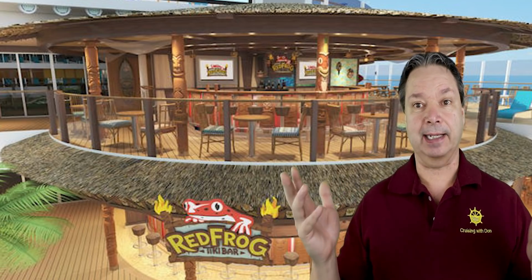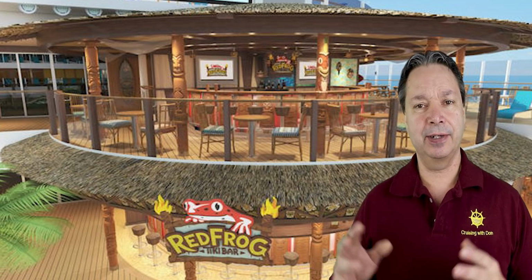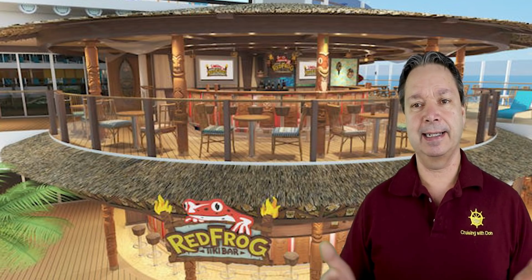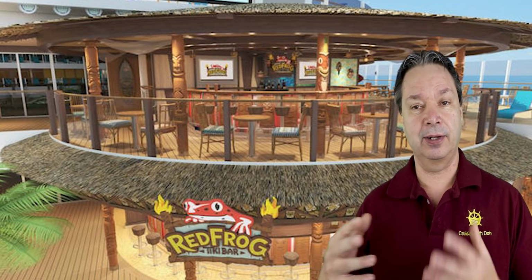And it's 2 decks overlooking the main deck area, the pool area. So you can get up there, you can have yourself some drinks, and you can people watch down below. And it seems a lot more inviting, a lot more Caribbean feel, if you will, than a lot of the